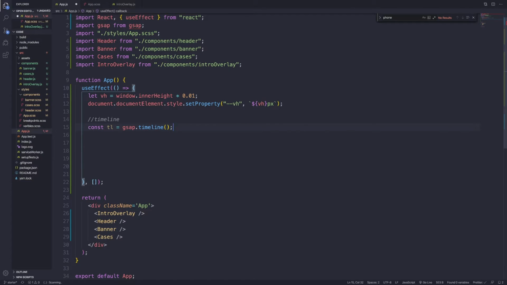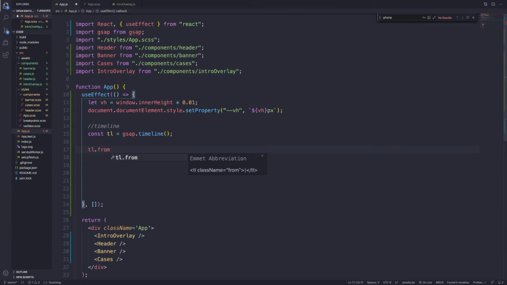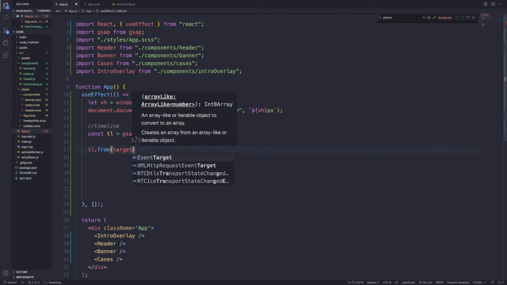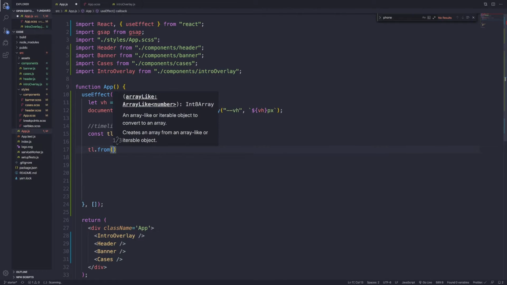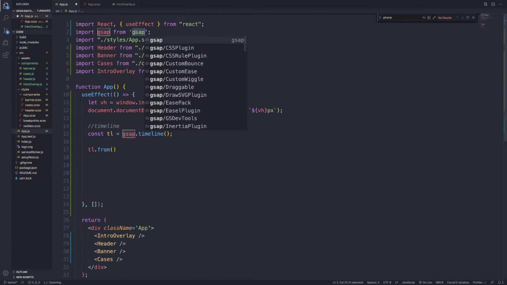So there is a bit of unique chaining when it comes to GSAP 3. So what we're going to do is write TL for timeline.from. And in here, we can write the target or the DOM node. So I'm a bit conflicted on this because usually I would use a useRef hook to pull in the specific DOM node that I'm going to animate. But I think for this project, what I'm going to do, don't forget to add the quotations for GSAP,